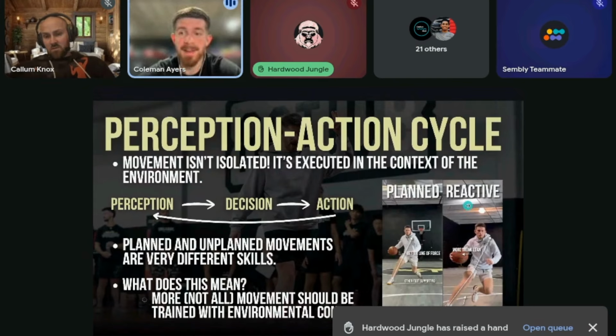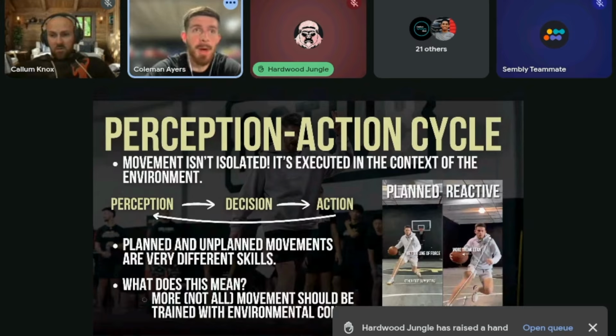And if reactive movement and a very simple reaction is uglier, maybe not uglier depending on how you look at it, but is less technically sound than a planned movement or essentially a recited movement, then we're going to have to train for this. And this means in a game, when we have to react to actual humans and deal with them, giving us some contact and forcing us to adjust our angle and whatever the case may be, we need to consider that everything is not just an action. It comes from perception. It comes from decision. And then that truly changes how we execute this action, right?